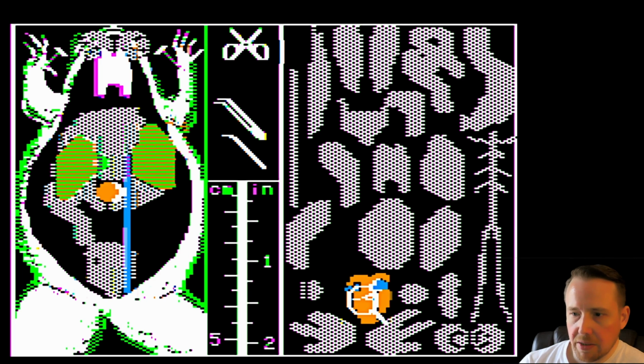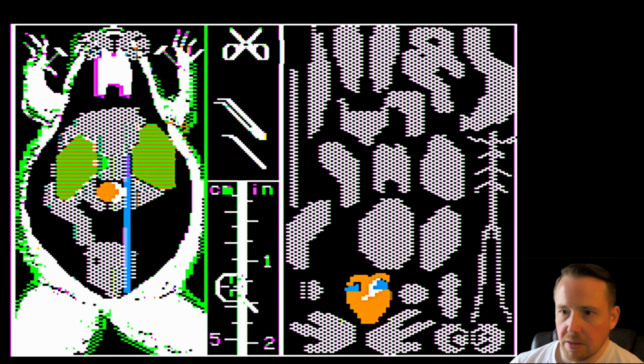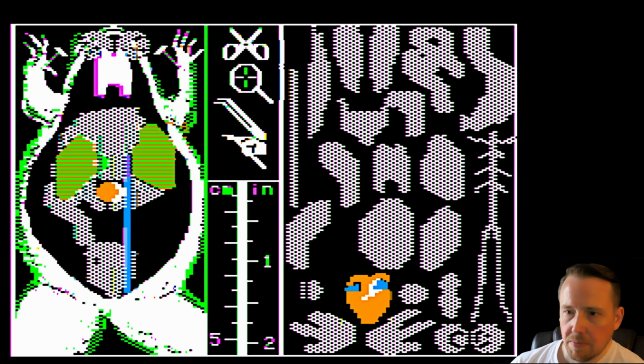We got a loader frog back. Let's get into it. Let's start dissecting. I don't think you can go directly from one instrument to another. You got to drop one, then pick up the other. So let's check out the tongue. So it sounds bass there. Still not entirely sure how to position the scissors. Like, do I position the hinge of the scissors over the cut point, or let's try.